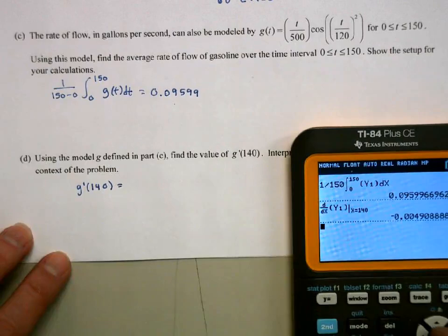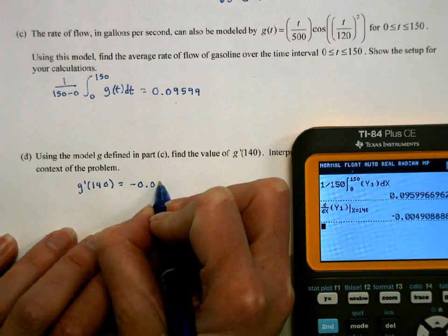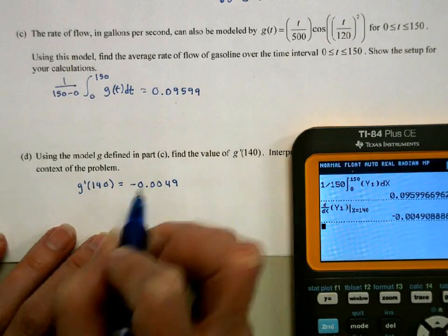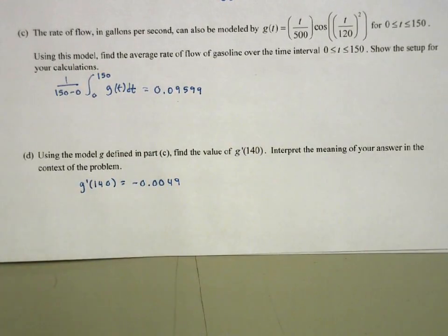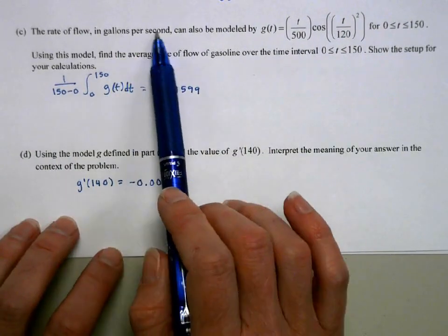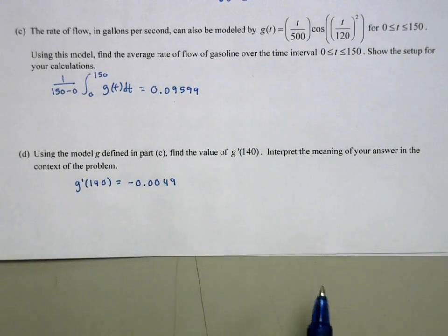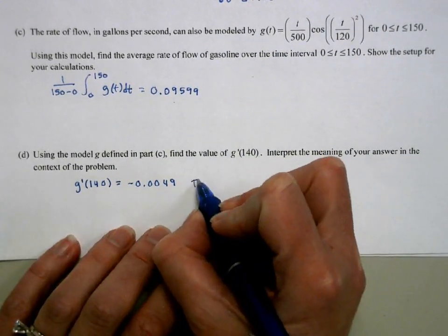Okay. So we get a negative 0.0049. Okay, then we want to interpret this. So this is the rate of change of G. So if G is gallons per second, it's the rate at which that is changing. So the rate of flow